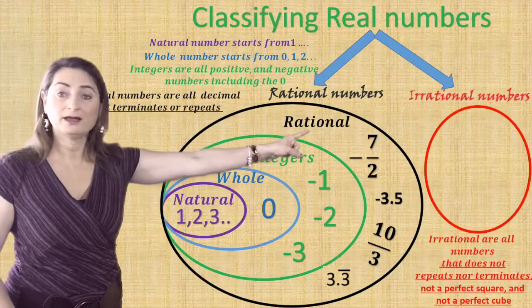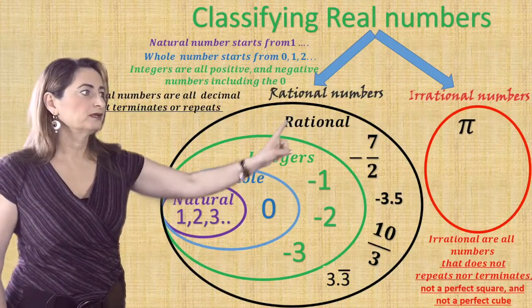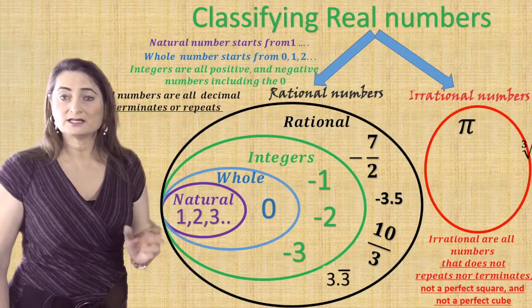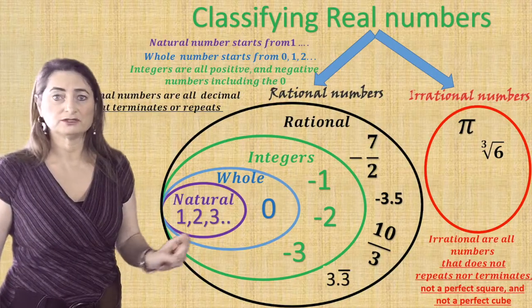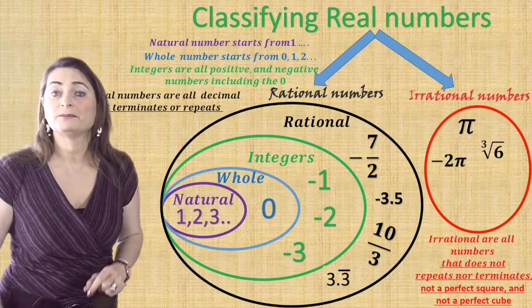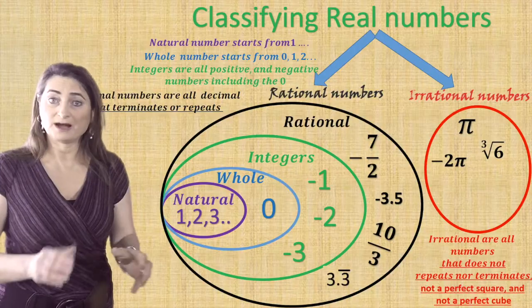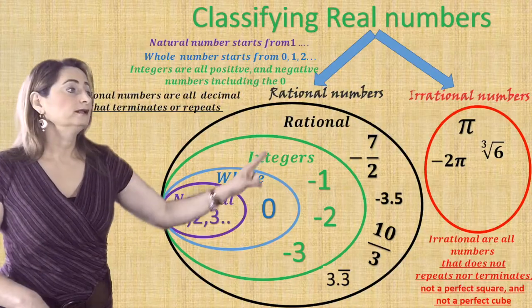For example, pi is an irrational number. The cube root of 6 is not a perfect cube, so it's an irrational number. Any number multiplied by pi is irrational because pi is irrational. The number